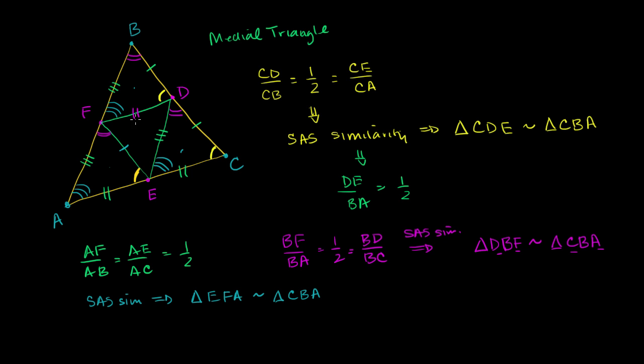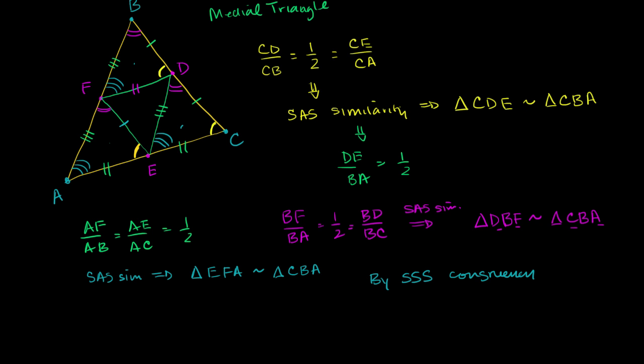So that's interesting. Now let's compare the triangles to each other. We've now shown that all of these triangles have the exact same three sides. It has this 1 mark side, this 2 mark side, and this 3 mark side. 1 mark, 2 mark, 3 mark, 1 mark, 2 mark, 3 mark. And that even applies to this middle triangle right over here. So by side-side-side congruency, we now know, and we want to be careful to get our corresponding sides right, we now know that